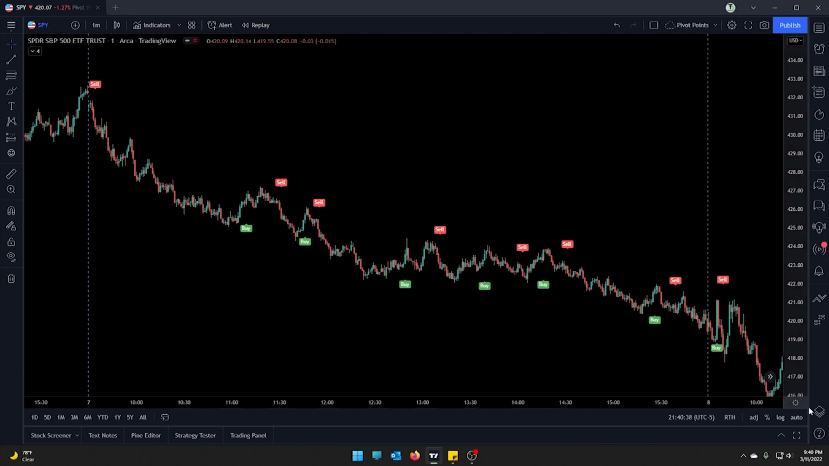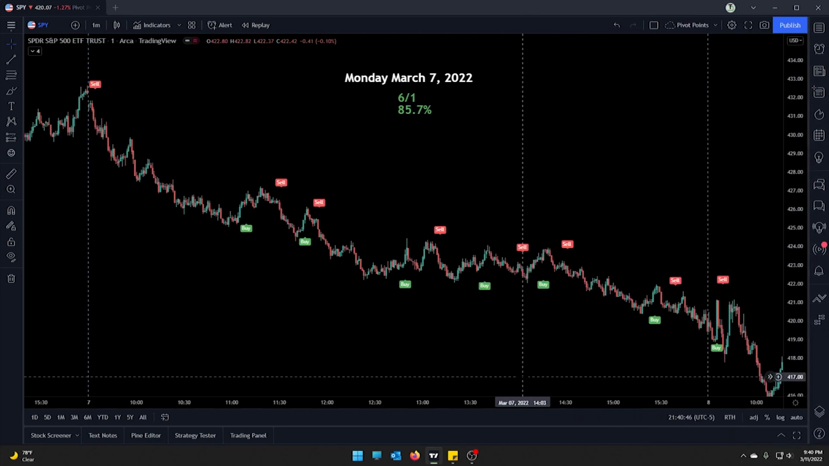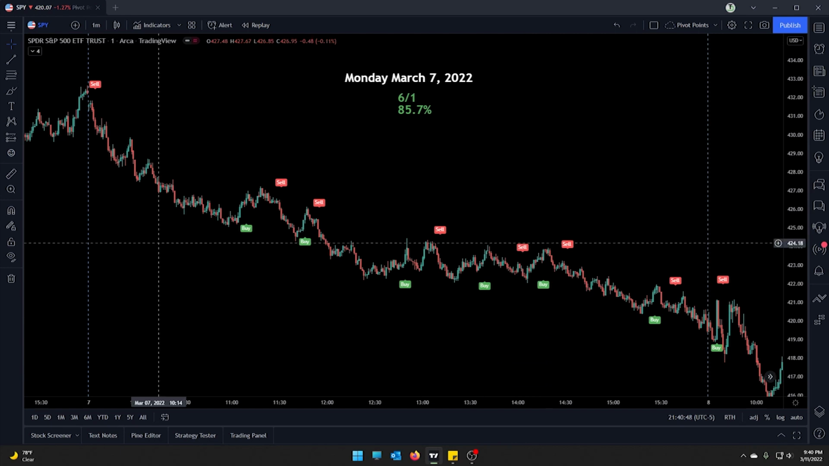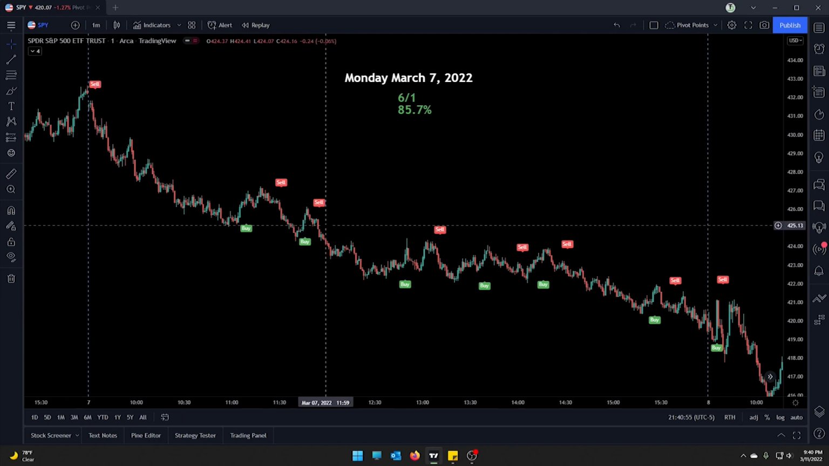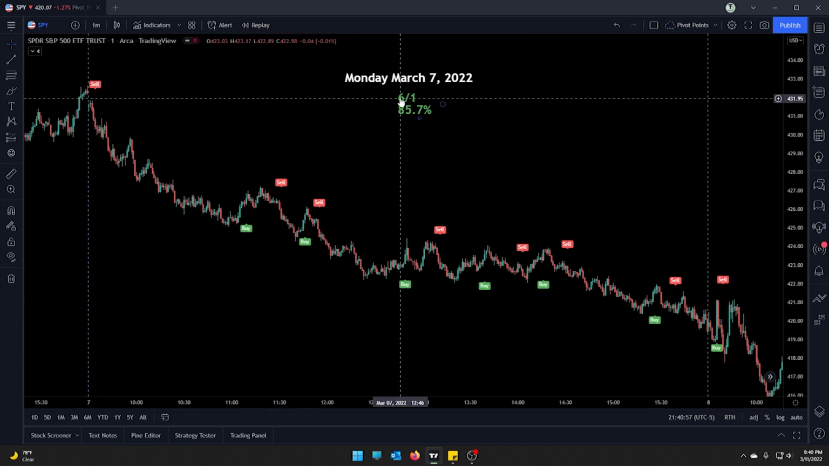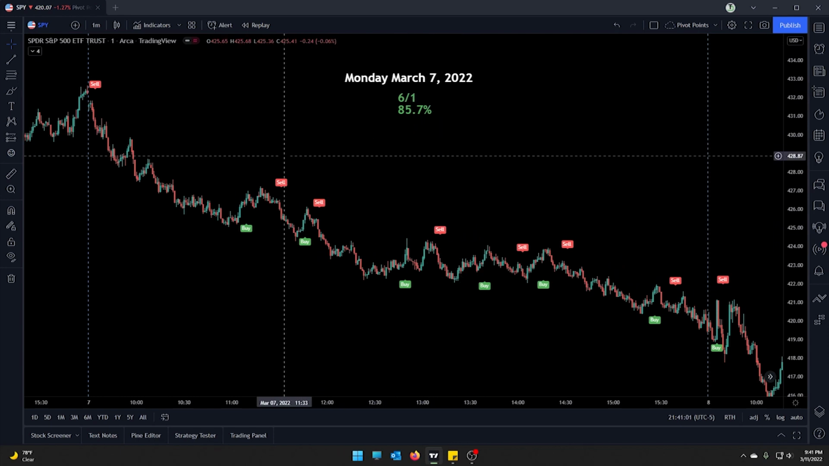I did that over the course of 5 days, and here are the results of that, which were relatively surprising to me. If you followed along and did everything that the indicator told you to at the time it told you to, you would have won 6 out of 7 trades, which is an 85.7% win rate. That's pretty damn good. However,